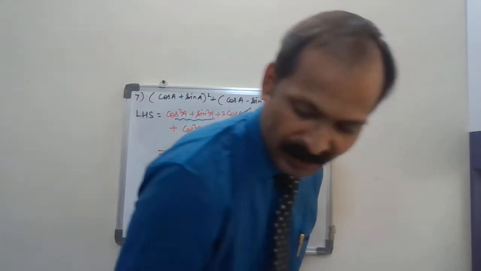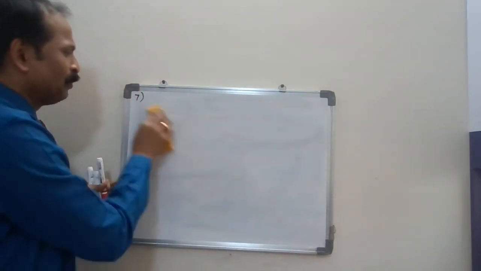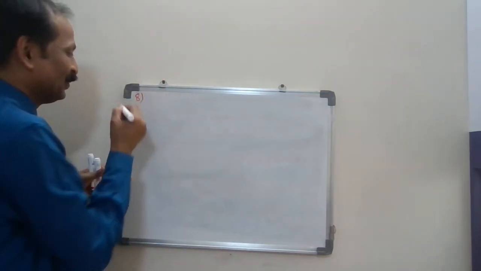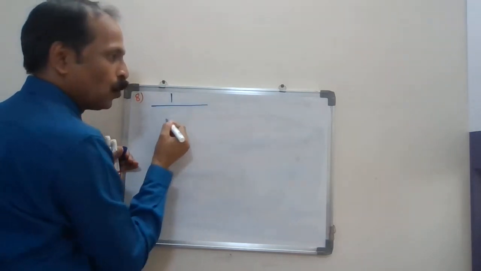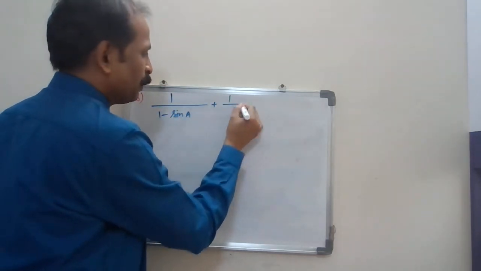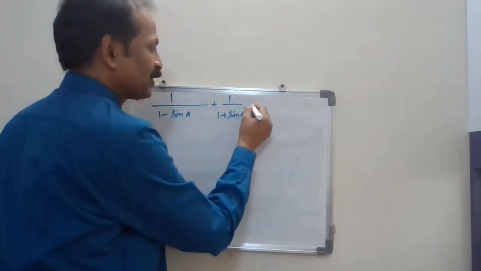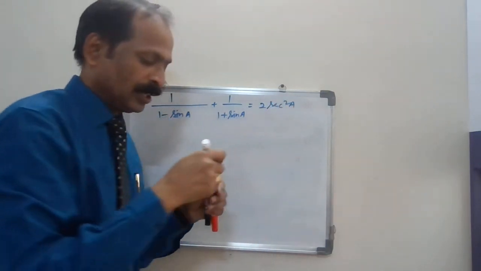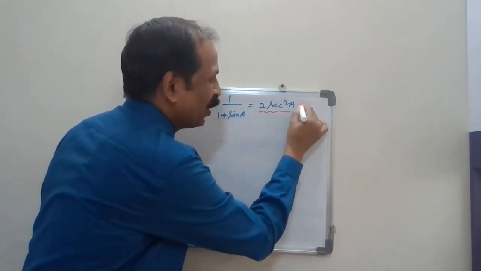So now I am taking a little different one. My target is to do a minimum of 10 sums. I'll try to do 10 sums. I don't know, this is 8. Okay, so now the sum is quite easy. 1 upon 1 minus sine and 1 upon 1 plus sine. See, if it is in algebra, you can do it easily, because you are scared of the names. It equals 2 sec square A. Now remember, whenever the right hand side is there, you can go one step behind.